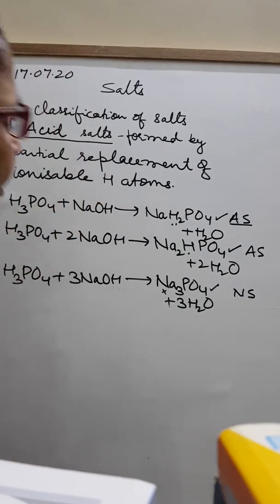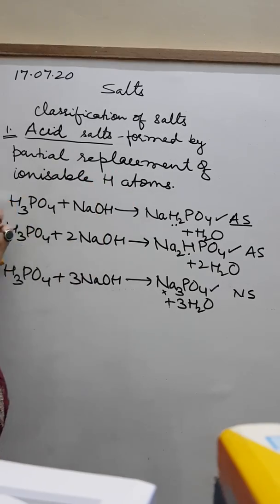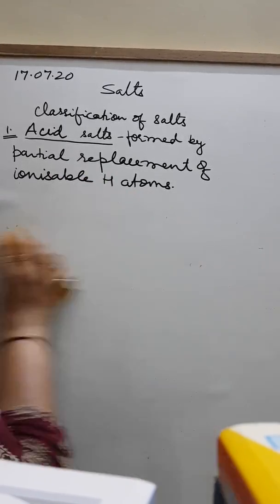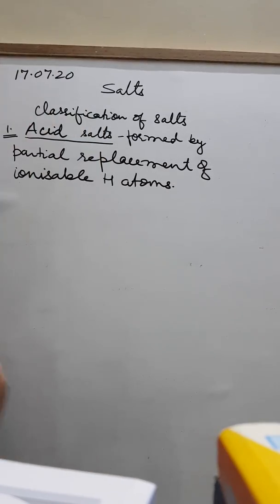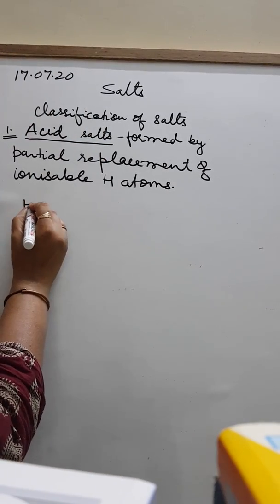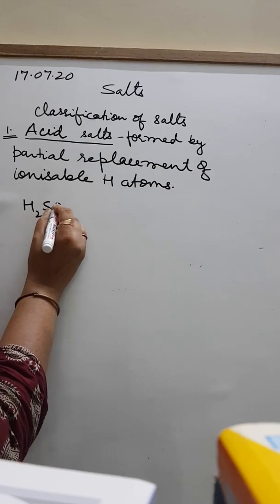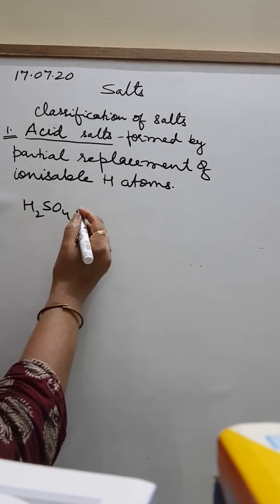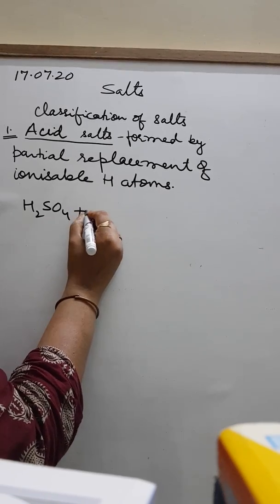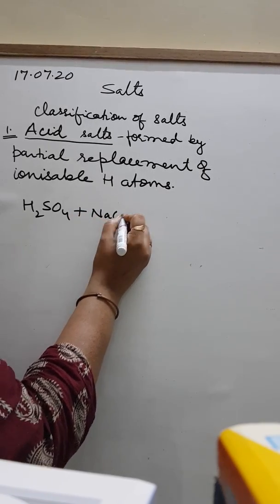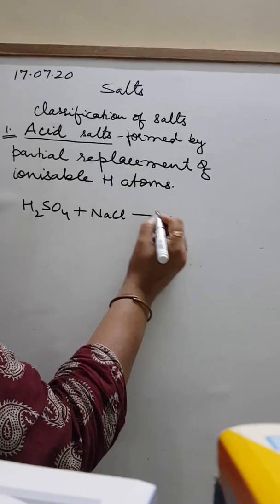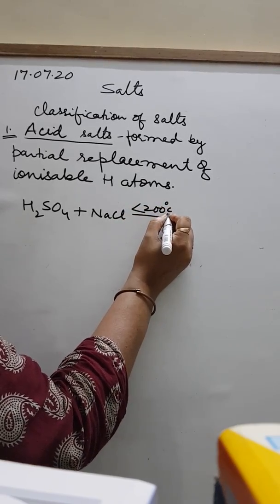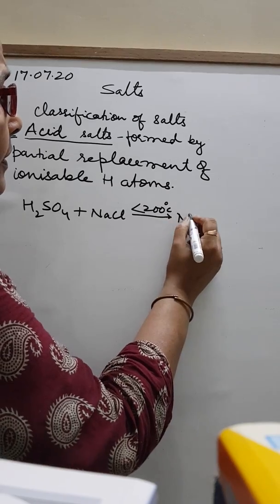I'll write one more example; the other 2 examples I'll show you, you have already studied. So you see, I'm showing you. Now if I take H2SO4 and, say, NaCl, this is in your book also, and the temperature is below 200 degrees Celsius, it gives me